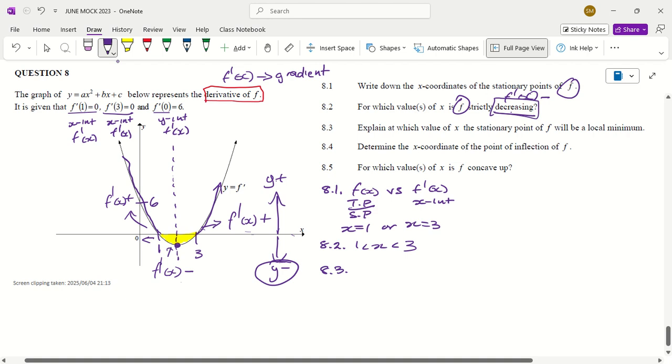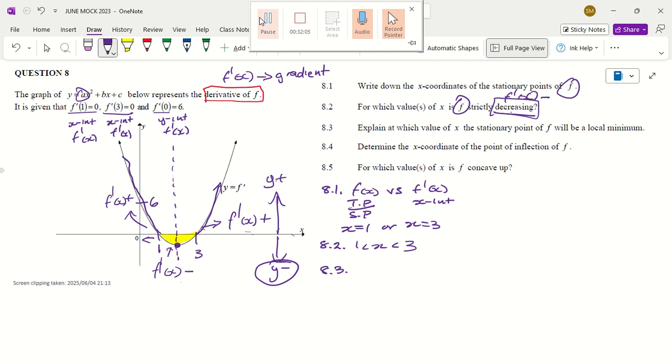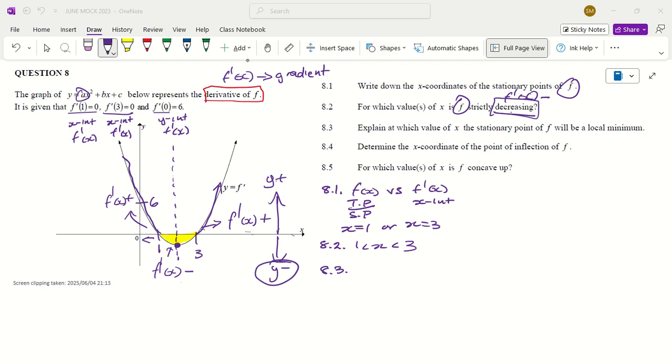So very simple there. Then 8.3. Explain which values of x, the stationary point of f, will be a local minima. Now, if we're going to find out which values of x, we need to look at whether a is positive or negative. Now, for the stationary point of a function, so for us to know that a stationary point